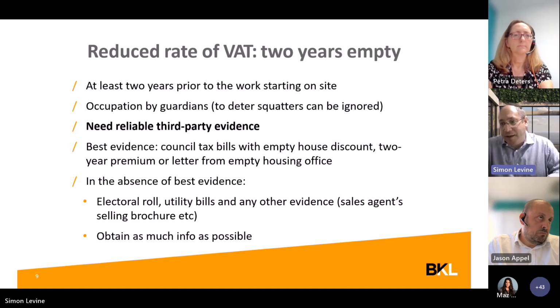HMRC do say that their best evidence is a letter from the empty housing officer of the relevant council. Now, the problem is I found over the years that a lot of councils don't have an empty housing officer. And sometimes, even if they do, you don't hear from them. So generally, I would go for as much evidence from the council with regard to council tax bills as you can. If you can't get the council tax bills or the empty housing officer letter, then you should get